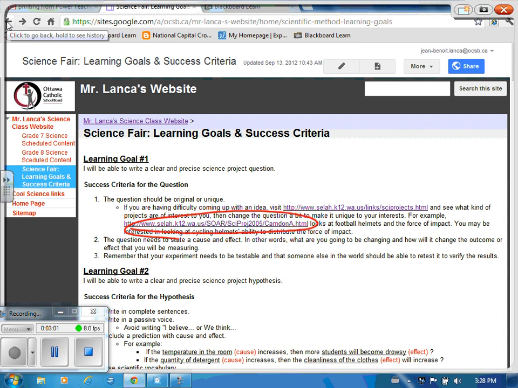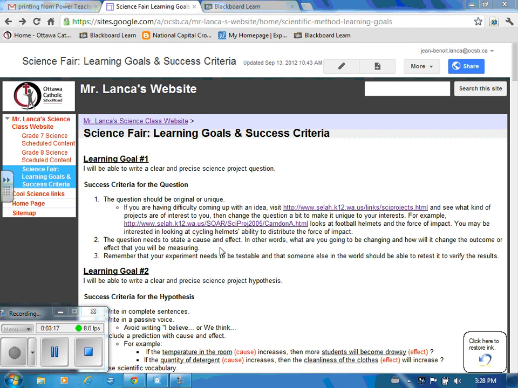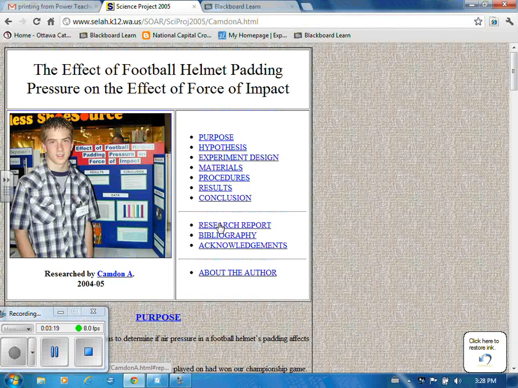You might be interested in doing something like that for yourself, and look at cycling helmets, skateboarding helmets, whatever you're interested in. We take a look at that link, the effects of football helmets. You take a look at what he did, how he did it, okay? Could you take that idea, modify it, and personalize it into something that's unique to you?